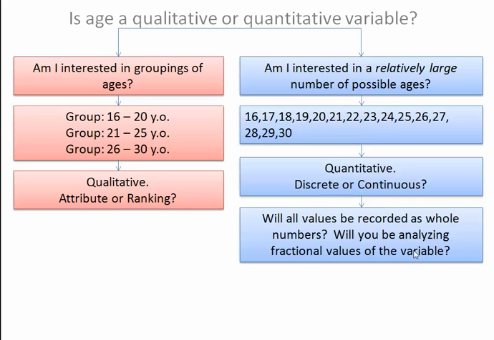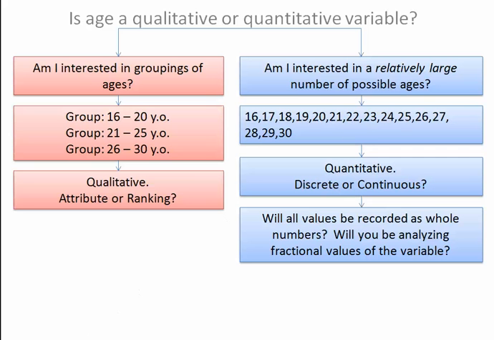But if I'm going to be analyzing fractional values of the variable, in other words, I would record whether someone said 16 and a half or 17 and a quarter years old, then those fractional values would make the data continuous in nature, quantitative continuous, because I'm willing to assume an infinite number of possible values that someone could be reporting. In the case up here that I've taken, I have whole number years only, so this is an example of